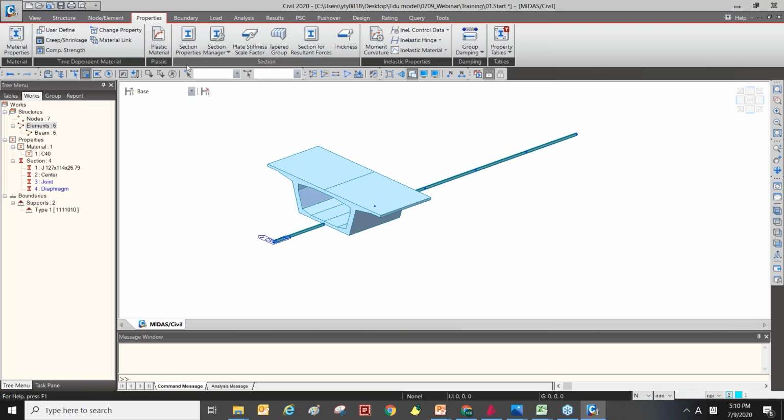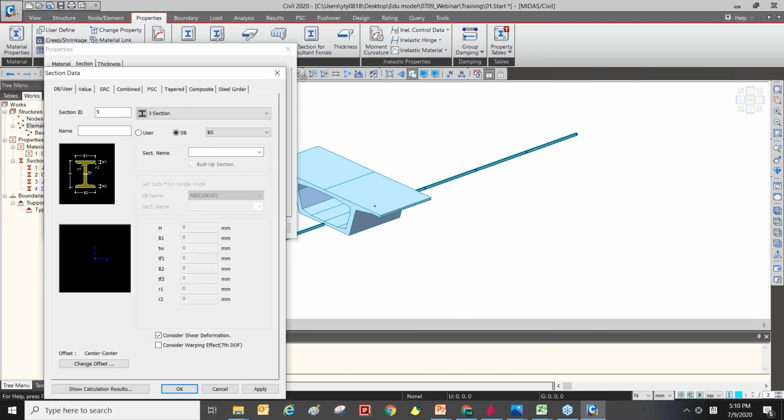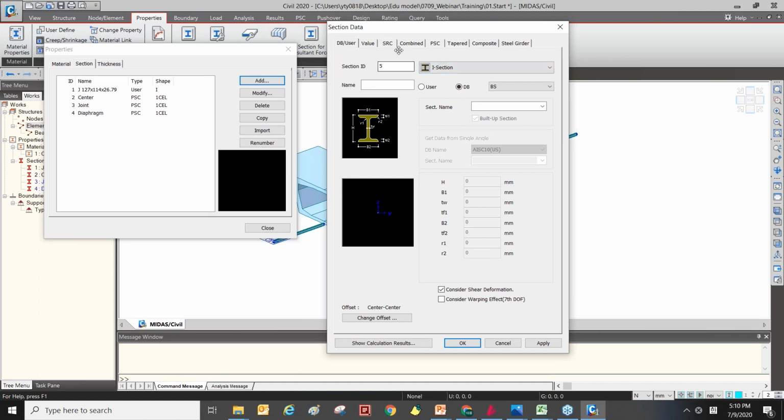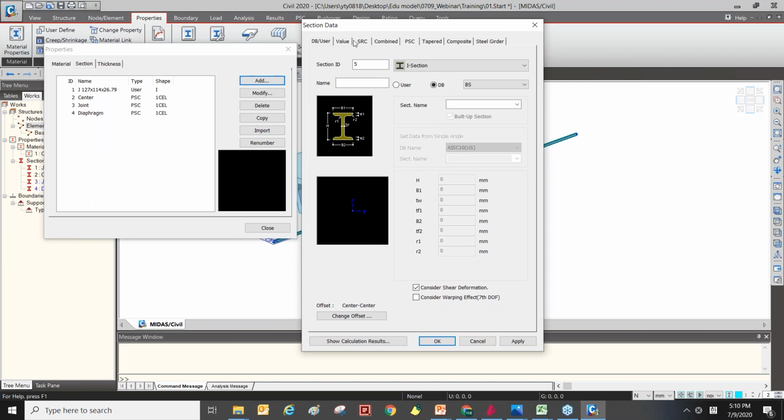Let's move back to the section properties. There are a lot of tabs to define various section shapes, so let's walk through all of them.